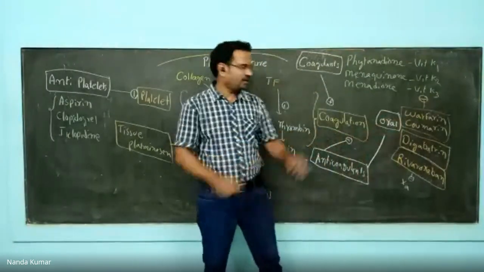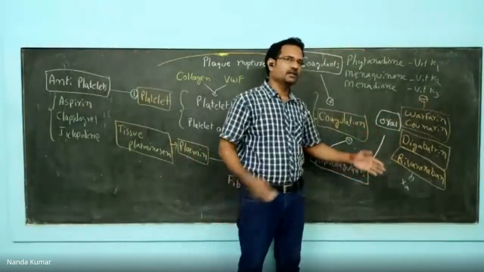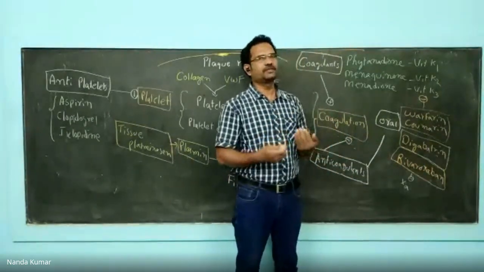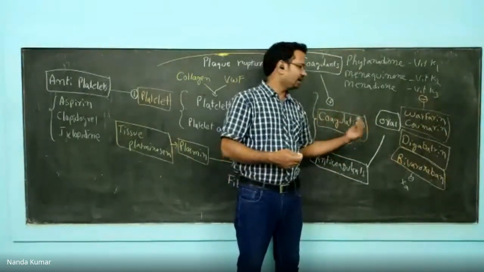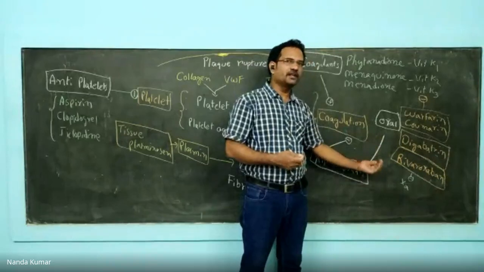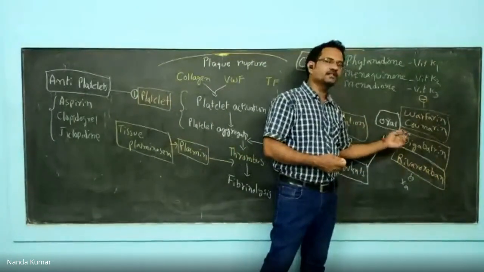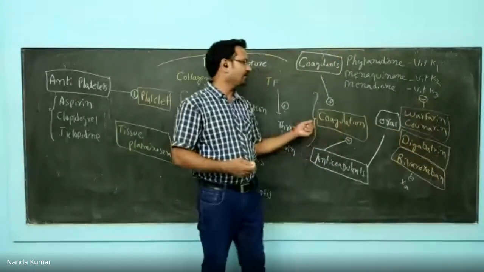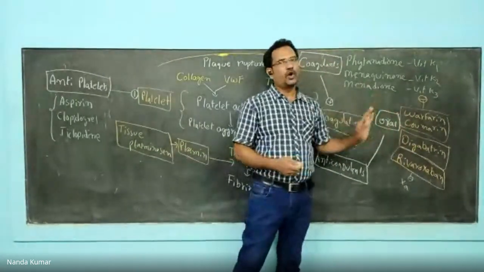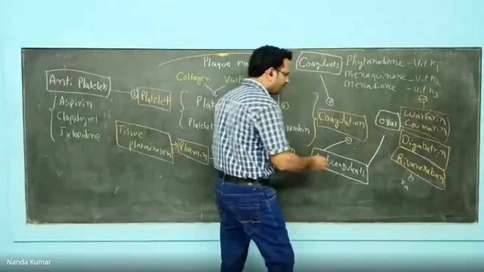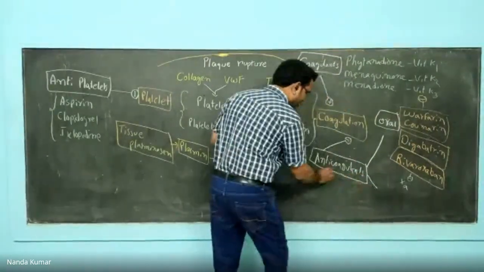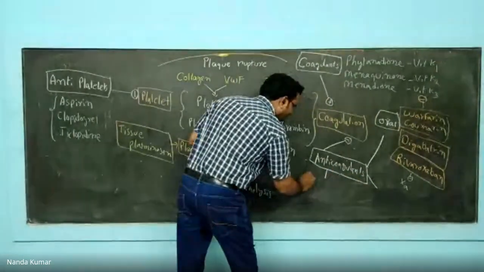See, in GPAT, direct questions are being asked. I think in 2016 there is a question: the direct Xa factor inhibitor is. At some other time there is a question about dabigatran. What is the action of dabigatran? It is a thrombin inhibitor. Now all these drugs are oral drugs. Whereas you have other classes there. They are parenterals.